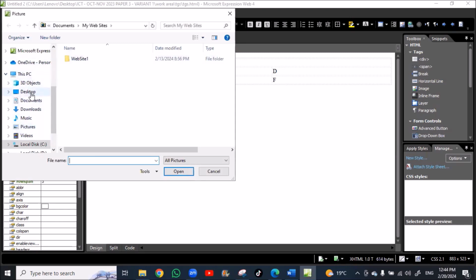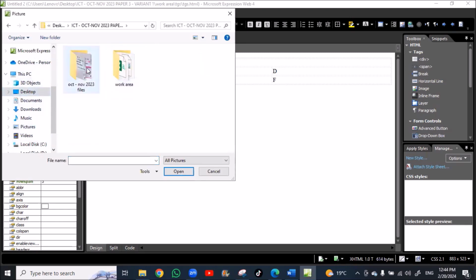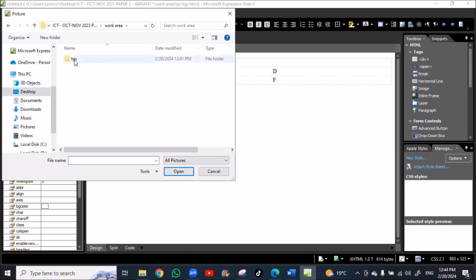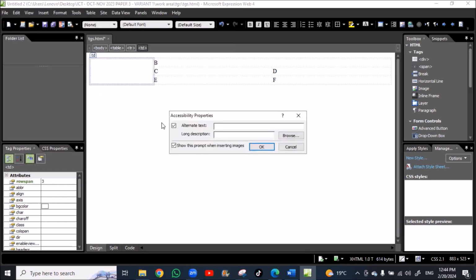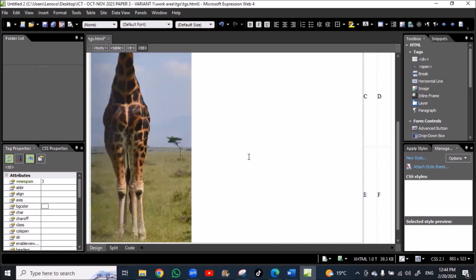Go to our work area and select the giraffe picture. Giraffe picture as alternative text. Okay.